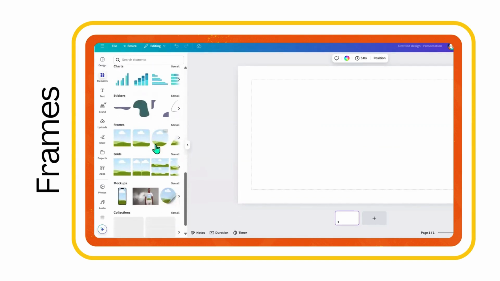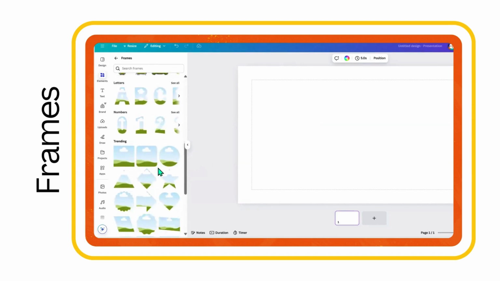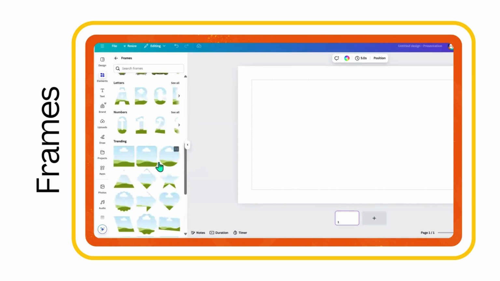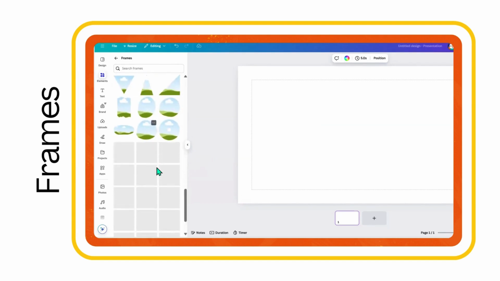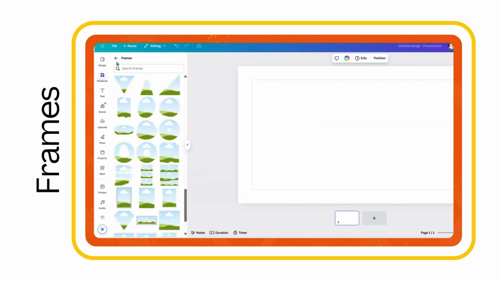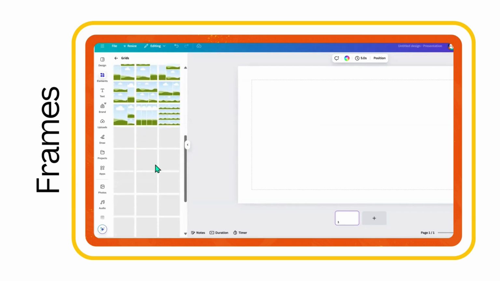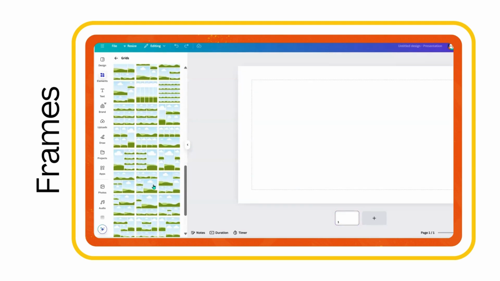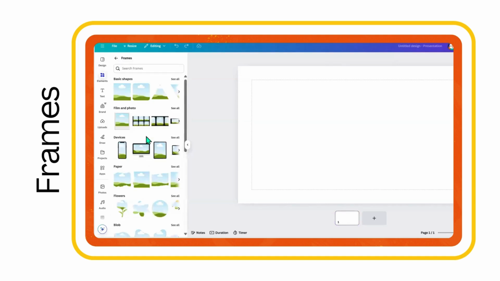Frames are another cool tool within Canva and can be found on the left side panel under Elements. Frames serve as a placeholder to drop photos into. They come in different shapes, sizes, and even alphabet letters. You can simply hover a photo over the top of the frame and drop it in. Here I'm demonstrating how we can find different shaped frames, but we also have something called a grid, and this is where I can collect a whole bunch of photos to make a photo collage. I can have a grid that has between 4 and upwards of 9 or 10 different capabilities